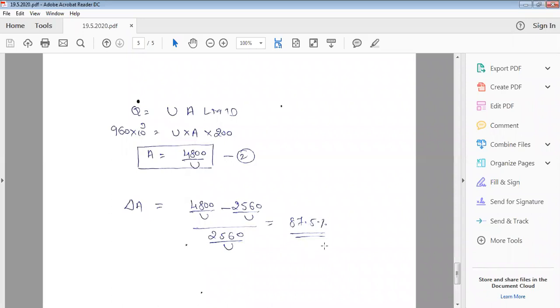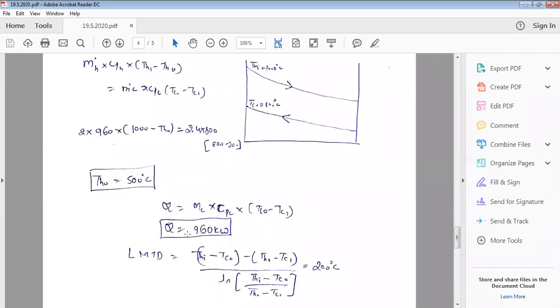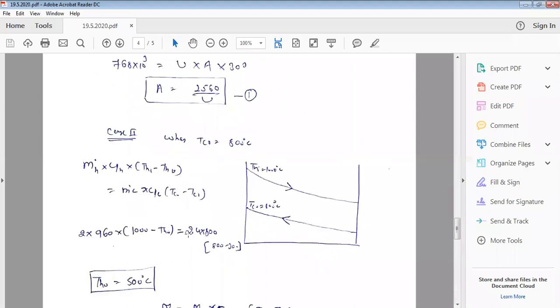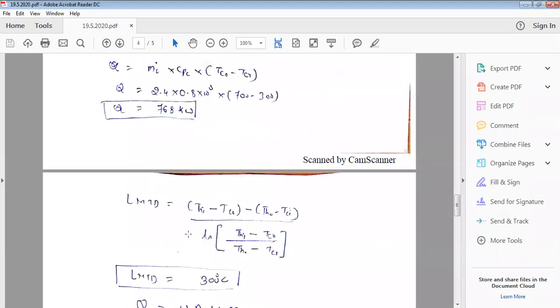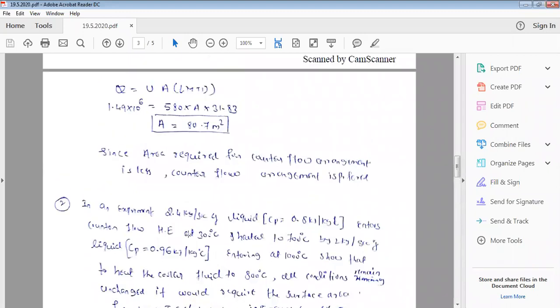I hope you understood the problems. The problems are quite interesting in heat exchangers. They are very easy, and you just need to read the problem more carefully, see what the given data are, and you can solve. Okay. This I will put in today's problems. Sorry, the PDF I will send to today's group. Okay. Sure. I hope it is clear for all.